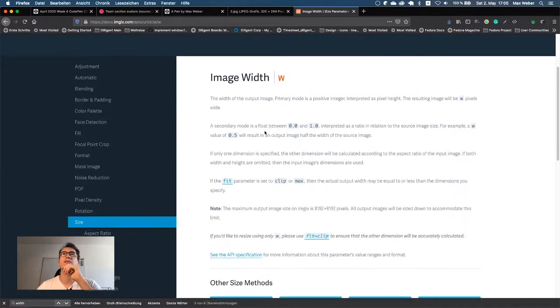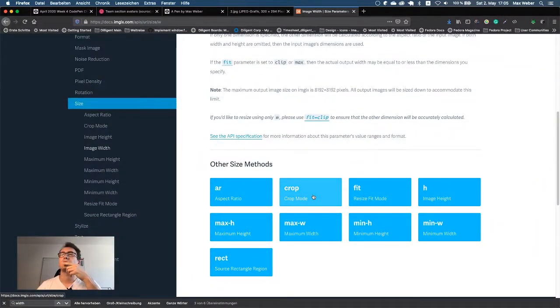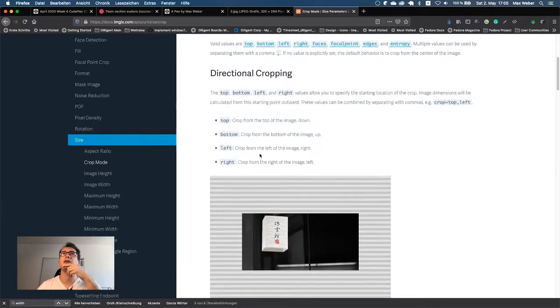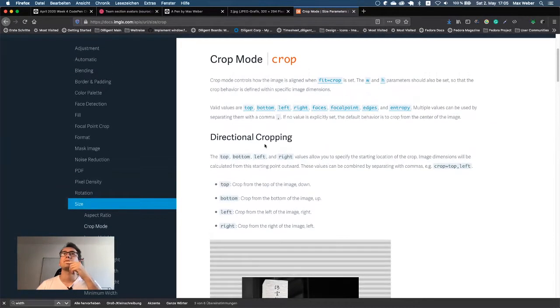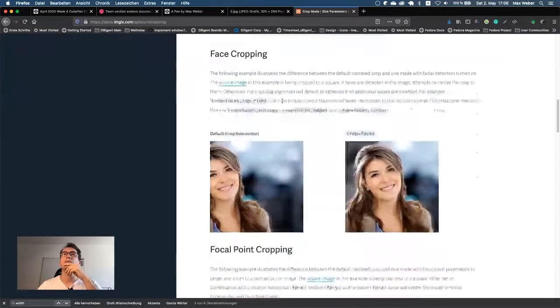Okay, so the image width is W, and then the crop mode. Maybe this one is even better, because crop will cut a bit down. And then we can say fit crop. They should also be set so that the crop behavior is defined within specific image dimensions. All right.